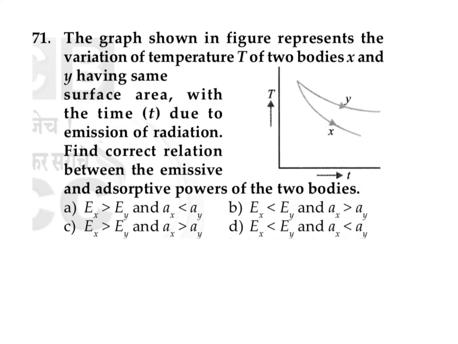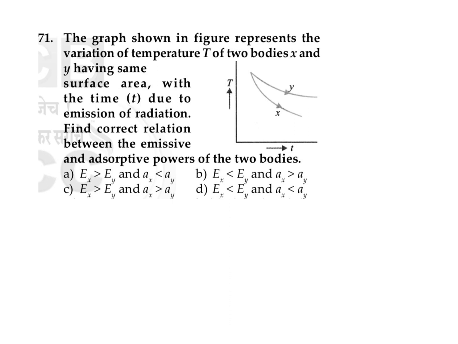The graph shown in the figure represents the variation of temperature T of two bodies X and Y having the same surface area with time T due to emission of radiation. Find the correct relation between the emissive and absorptive power of the two bodies. So we know from the relation that dQ divided by dt is equal to E sigma